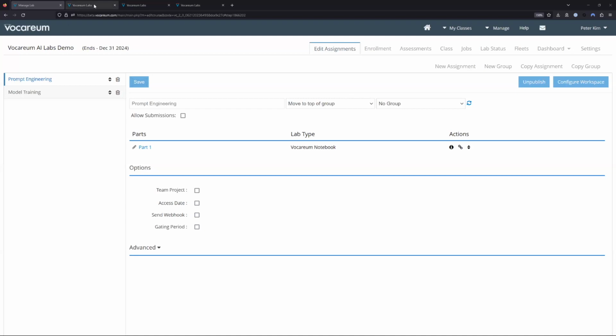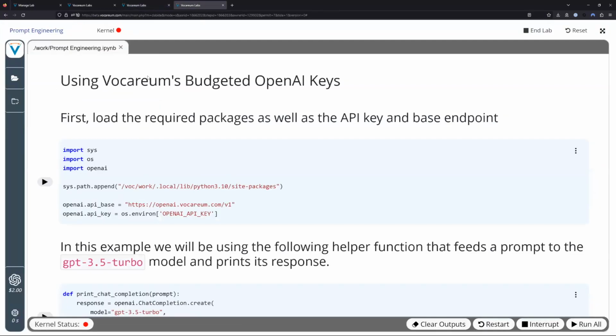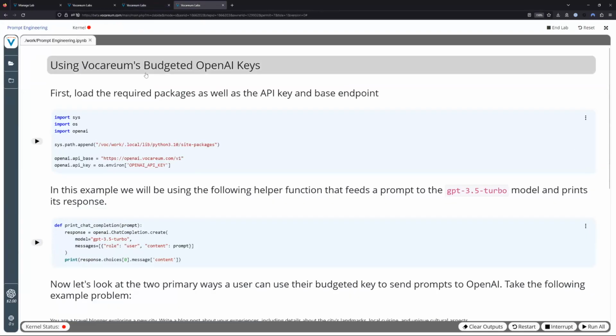So the first notebook that I have here is for prompt engineering, and this will be demonstrating our OpenAI integration. In the assignment settings, the teacher can enable and set a budget for OpenAI usage. We will go over how to do those things after the learner experience portion. In this example, I have set the budget to $2, which you can quickly see at a glance in the